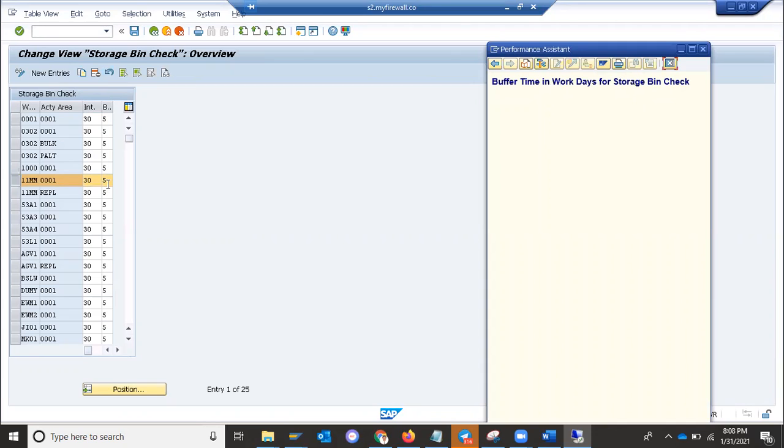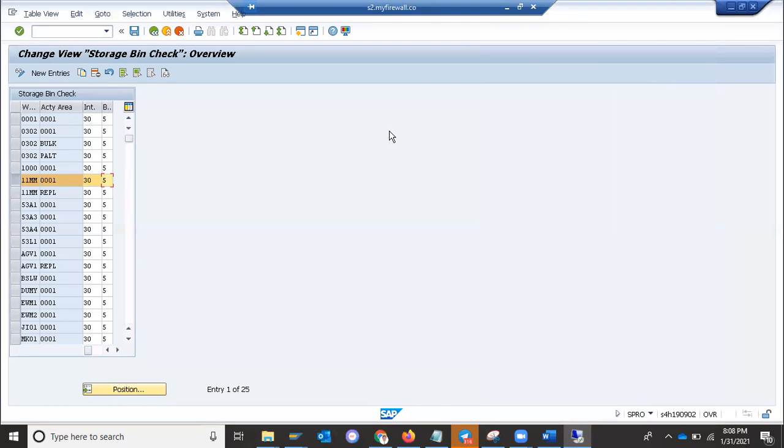And what will be the specific buffer time? Buffer time means buffering, that is how much difference should be there between two checkings. How many days? Let us suppose 30 days interval, but there should be some time delay between two consecutive checkings, right? One check, after 5 days, the next checking will occur. So this is called buffer, just like production floats, right? Schedule margin key. Just like for floating, we are also allowing here.